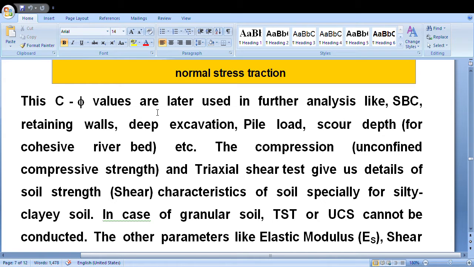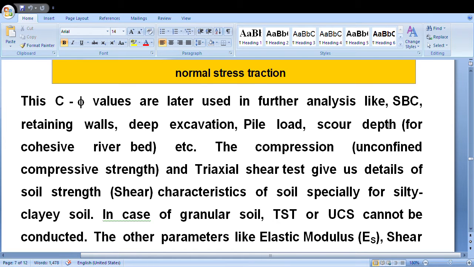These C and phi values are later used in further analysis like SBC, retaining wall, deep excavation. Normally people wonder why C and phi values are required for deep excavation, because the depth of excavation is directly related to C, gamma and angle of repose. So it is required for deep excavation also, pile load capacity, and scour depth also in case of cohesive bed, and a lot of information we can gather from the